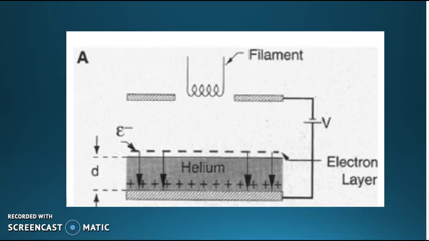The filament shown in the diagram generates the free electrons from the fluid medium. Then, these electrons form a 2-dimensional electron gas above the liquid helium layer. The capacitance lets us apply a fixed voltage to a given electron bit. This voltage determines the resonant frequency a microwave field would need to be in order to excite the bit from the ground state, m equals 1, to the excited state, m equals 2.